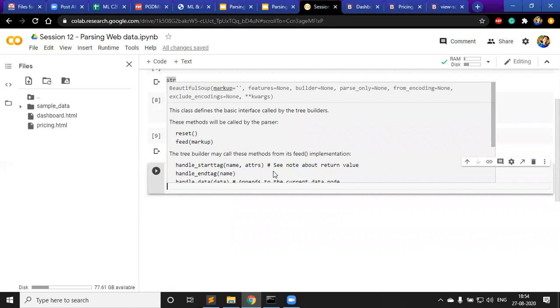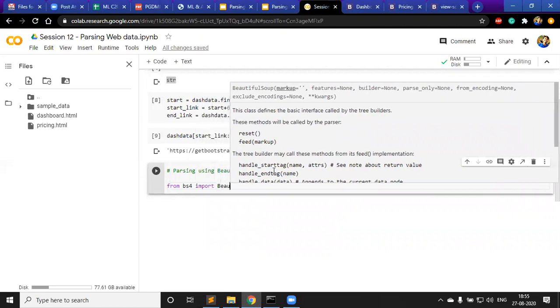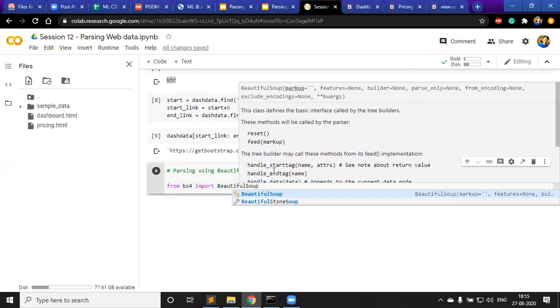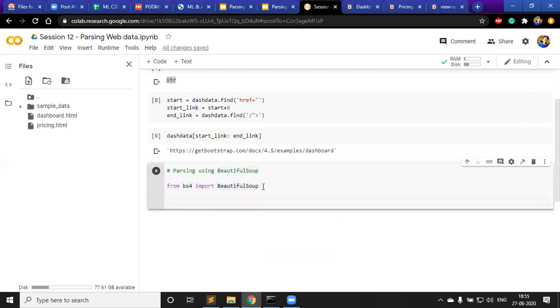So the first thing I will do is say from bs4 import BeautifulSoup. What it says is that there is a module called BeautifulSoup 4, it is the version 4, and from there you have to get this class called BeautifulSoup. This is the class in which we have to pass something. You can pass a string or something else, not exactly a tag, but a string-like object,